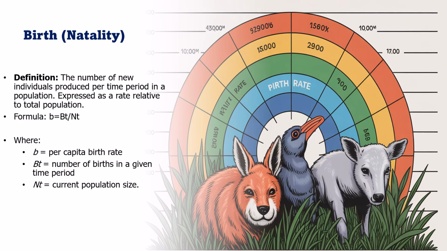Natality, or birth rate, measures the number of new individuals produced in a population over a specific period. Expressed as a rate relative to total population size, it provides critical insights into the population growth potential. The formula is B = B_T / N_T, that is, it helps to calculate per capita birth rate